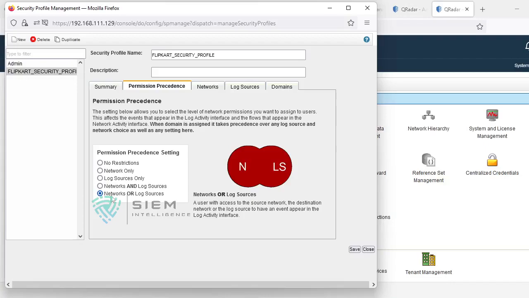Your organization may have some network range, that means your family is there, and your family member is allowed. If your family is coming in the flow, then those logs will be shown here. That is the OR option. Got it? Okay.